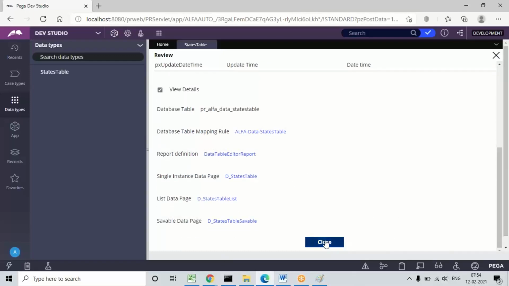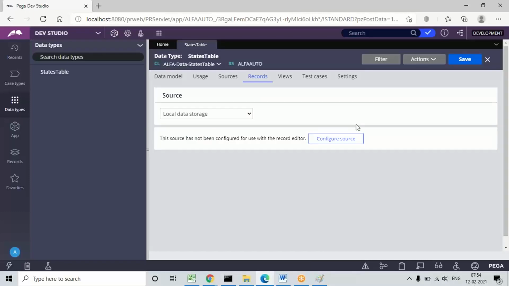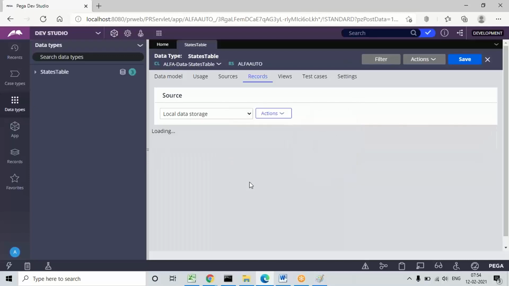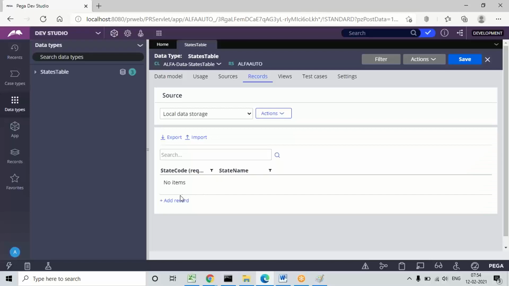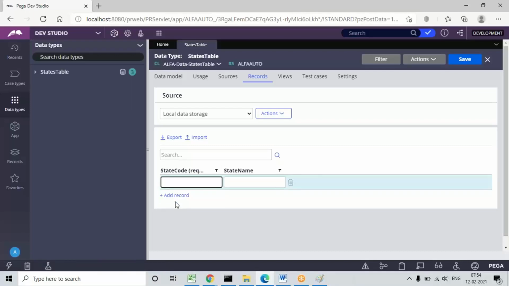Now you can close this. Now you'll get the column source, I mean you can see the list of columns created in this table. In the records tab, you can see the names of the columns. As of now, I'm going to assign one or two records, a few records manually, but we'll be using these records in the coming classes. As of now, only table creation we have seen, but how to use this table and how to connect to these tables, we can start working on the tables only after the activity rule. So I'm just assigning some records here.